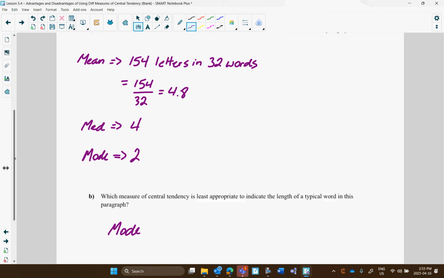Another good question to ask, maybe you might see it, I'm not sure. If the mean is 4.8 and the median is 4, what does that mean? If the mean is higher than the median, doesn't that mean that there might be some high outliers? Okay, 1 or 2, we don't know. If it was below, there might be some low ones. So there might be a few words in there that have an unusually large number of letters.